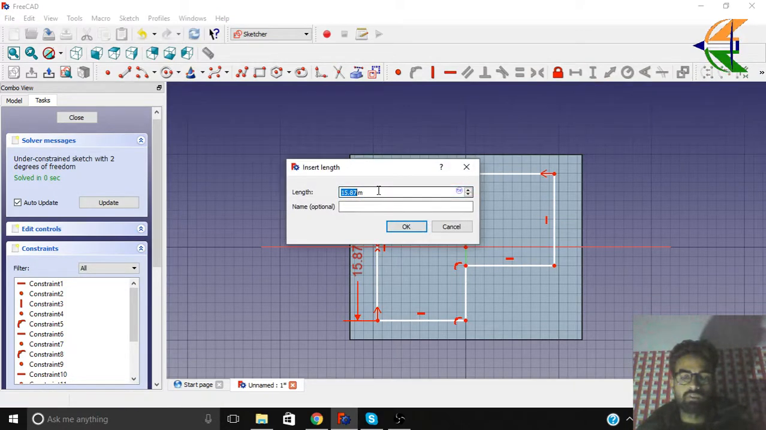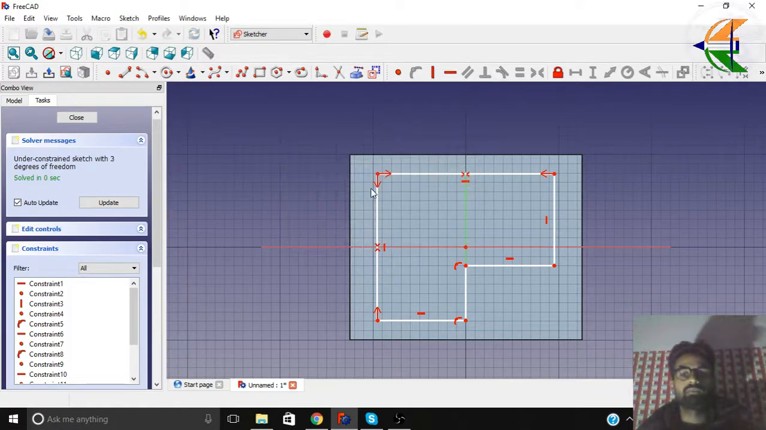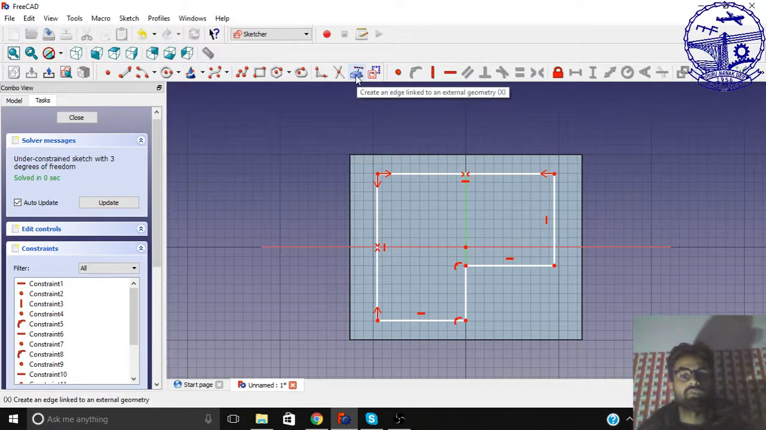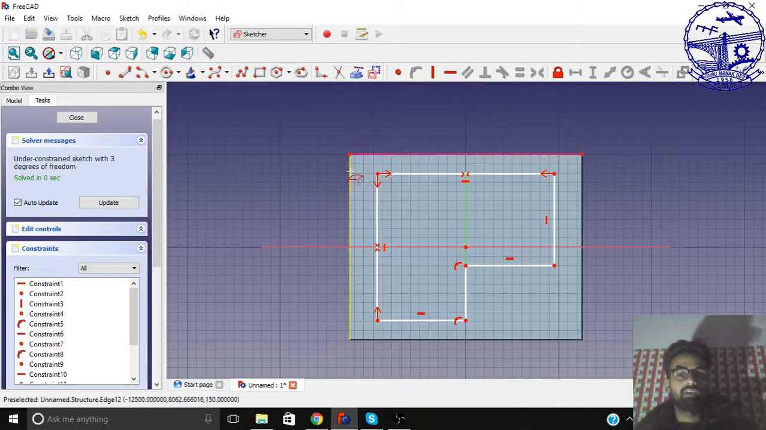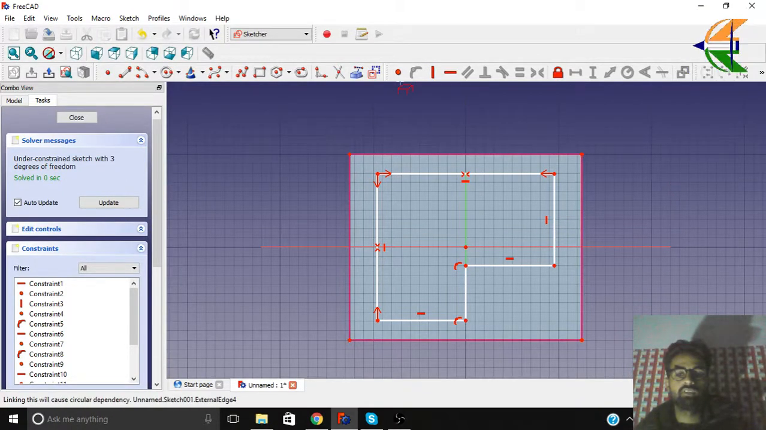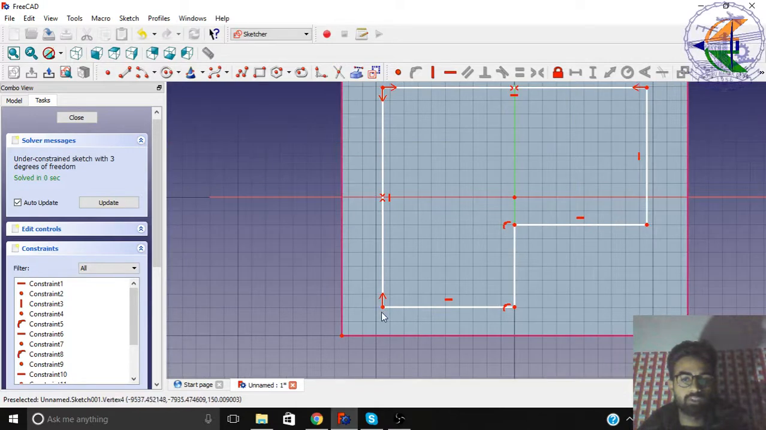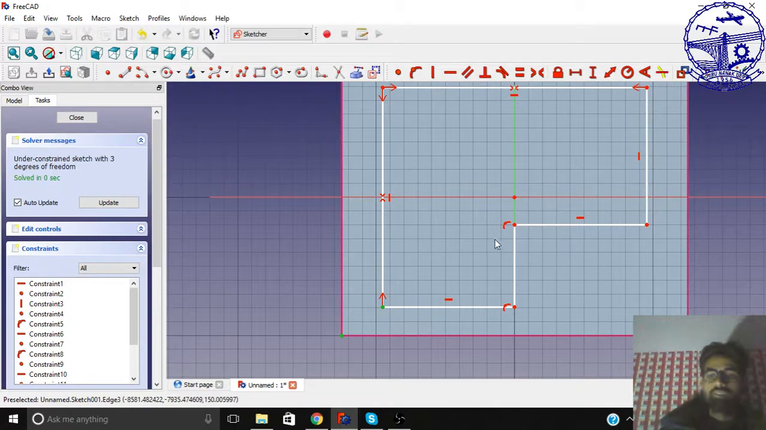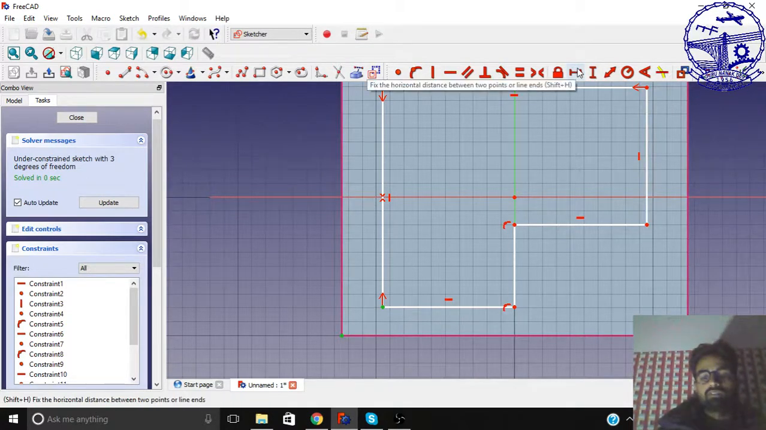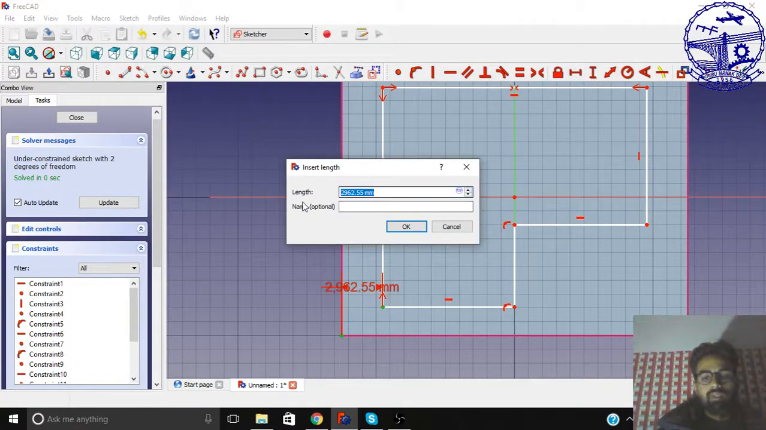to be around. One more thing you can do is just select this option, that is create an edge link to an external geometry. With this we can add the references. Just select the outer boundaries of the slab. Now press the escape key. So now we can just set the constraints, that is how much distance we require this line from the particular edge. Select the 2 endpoints and set the horizontal distance first. Let this be around